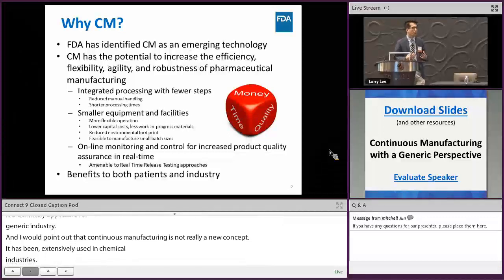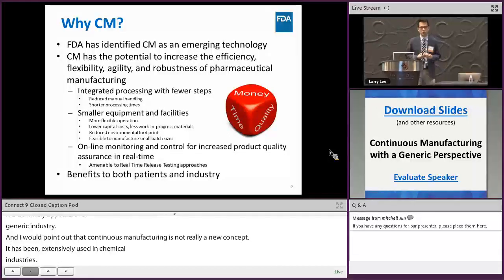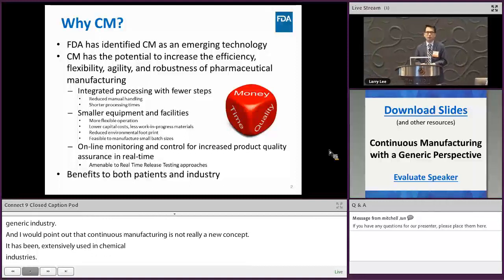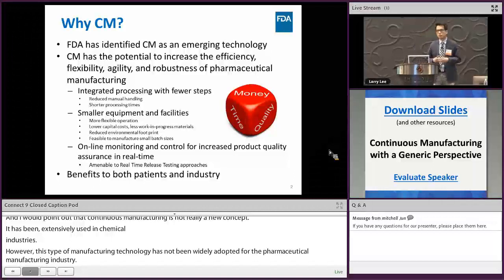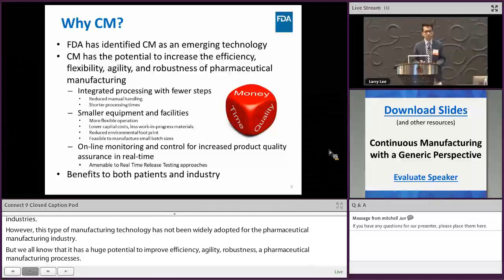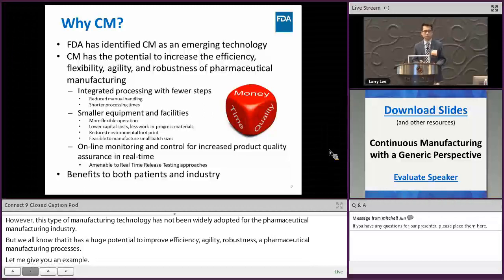But we all know that it has a huge potential to improve efficiency, flexibility, agility, and robustness of pharmaceutical manufacturing processes. Let me just give you an example. Continuous manufacturing may offer shorter processing time due to the absence of intermediates, utilize much smaller equipment, resulting in a reduced environmental footprint, and more importantly, permit increasing production volume without the current bottleneck related to the scale-up issue